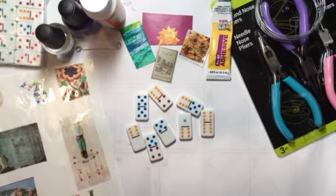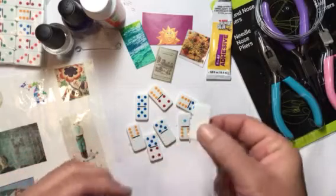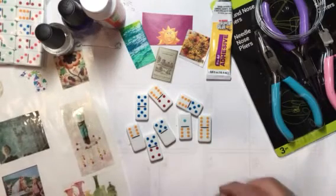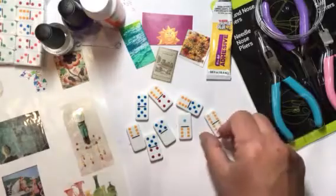Today we're going to make altered dominoes. Now you can use your altered dominoes for pendants, you can use them for magnets on your fridge, these are so tiny you could put them on the front of an embellished card or on any of your projects, on the front of a book. Or if you know somebody has a drill, you could even maybe drill a hole in it and hang it